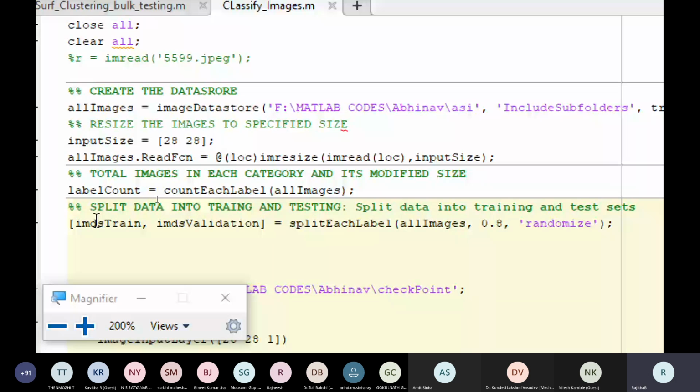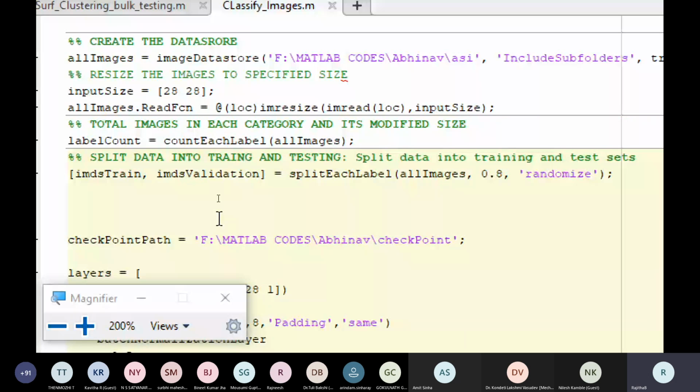So we have here the label count. Now, in general, in any classification model, you need to have two things: one is the training data and the test data. Some data sets are available individually, but if they are not individually given to you, then you can divide your data itself into training and testing. That can be done with this command.